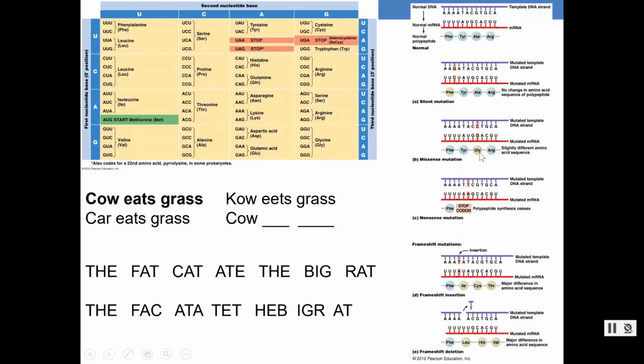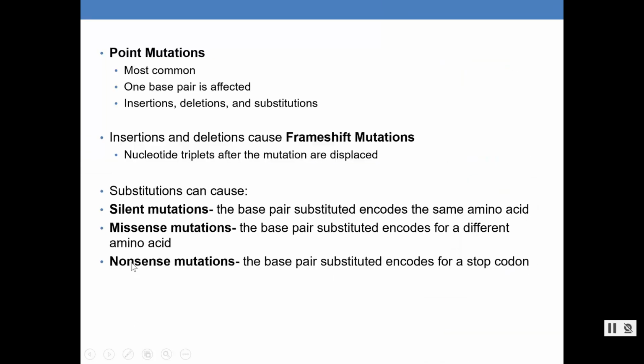Maybe you get lucky and it's in a place that doesn't cause a problem. Maybe it's in the active site, right in the middle of an active site, and it's going to stop that protein from doing its job. So missense mutations can lead to disease. Okay, all right, so these are the three types of mutations we get when we have a substitution, and we'll go back to our summary slide.